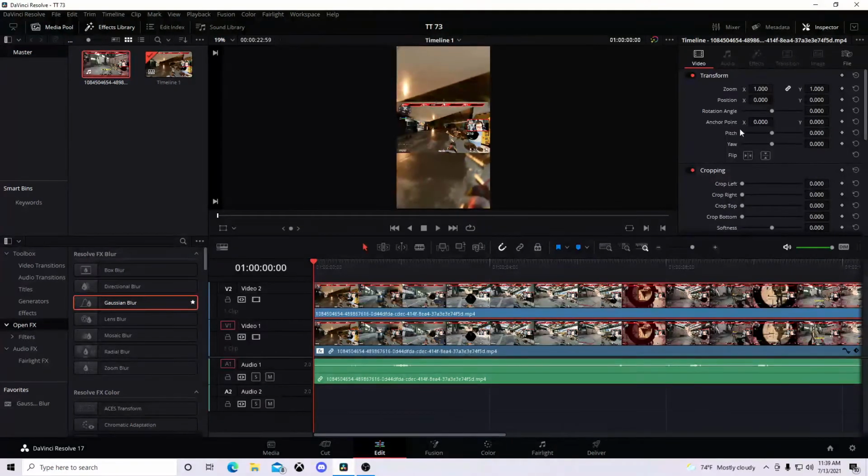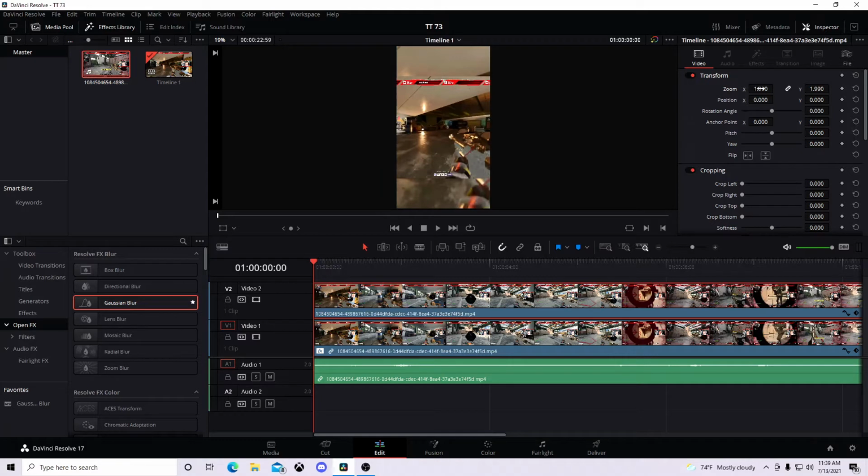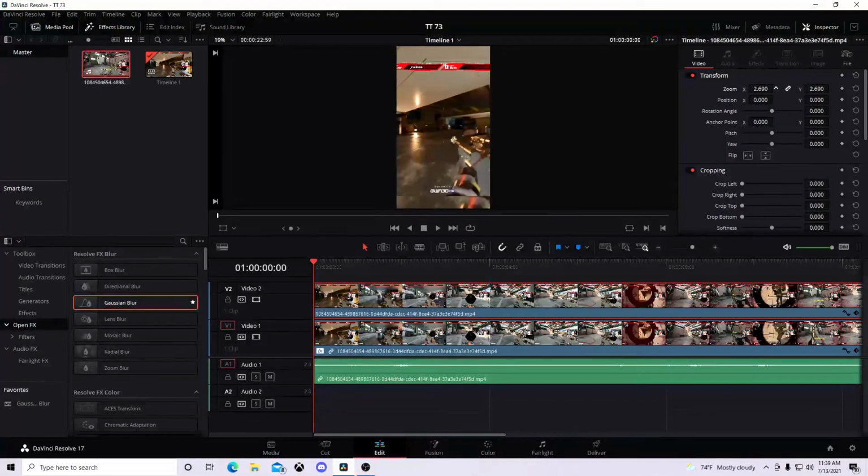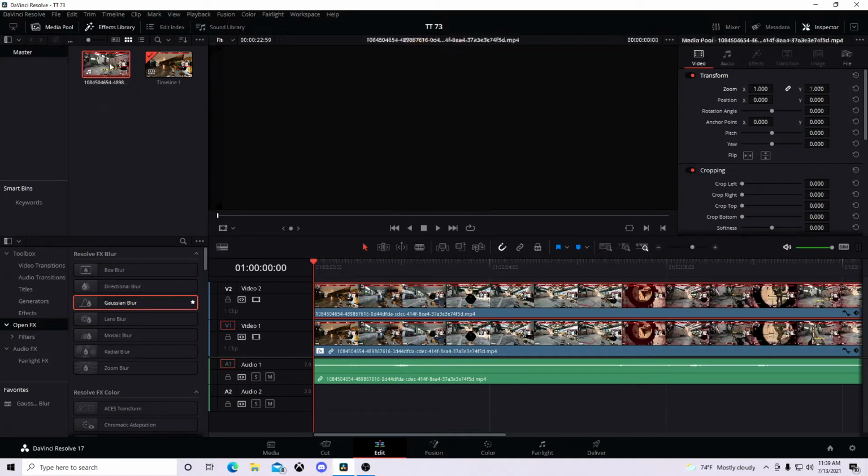Click on the second clip, the top one, and you'd zoom it in just enough to get out the face cam, which I just switched to OBS, so I can go a little bit further in, like so, just to make it look a little bit nicer. Now that's already done. Now you can leave your clip just like this, but